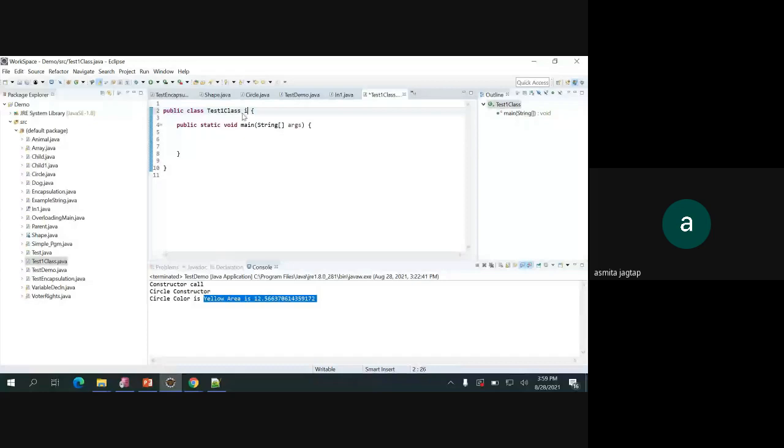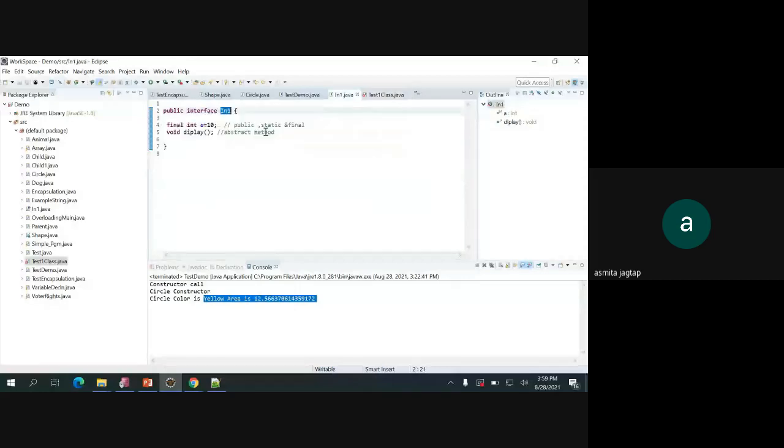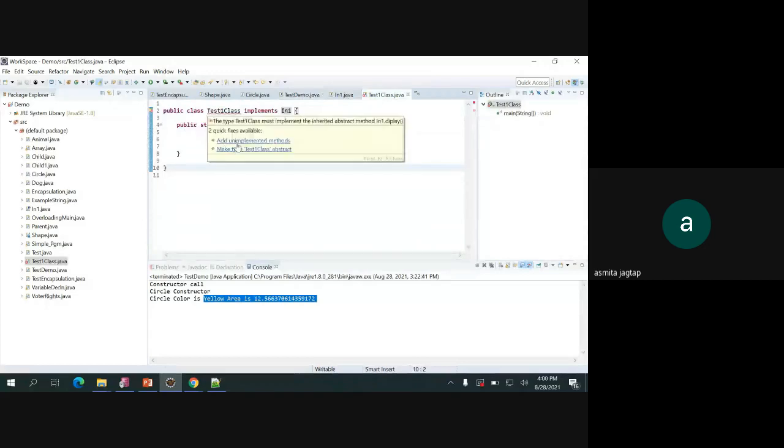Okay, and the name of your interface. So it is giving me an error, add unimplemented method, because there is one method there. When I override it from the interface, it is called an annotation. So overriding the display method. Or you can write it directly. Okay, inside this display method,